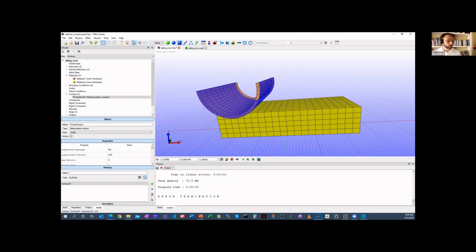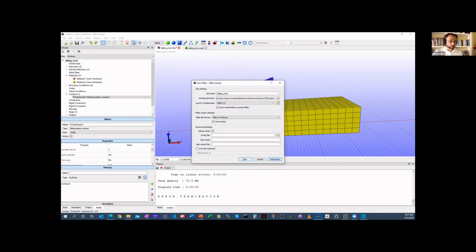So there's two things we can do. We can either lower the penalty factor, or what we can do here, and this is what I would recommend in this situation, you can swap the primary and the secondary surface. So to swap the primary and secondary surface, you simply right-click here on the contact interface and click swap primary secondary. So now if we run this again,